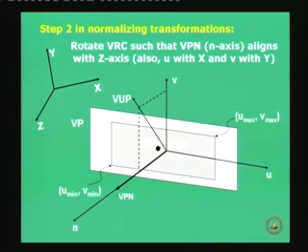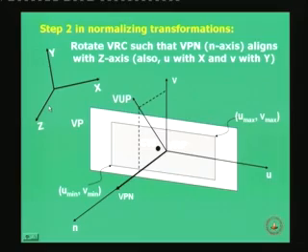I repeat again, first the VRP has to be taken to the origin. VRP is here, it has to go to the origin at this point. Then the VPN or the N axis should align with the Z axis here. Okay, I hope you can see the cursor. Then the U axis should align with X and the V with